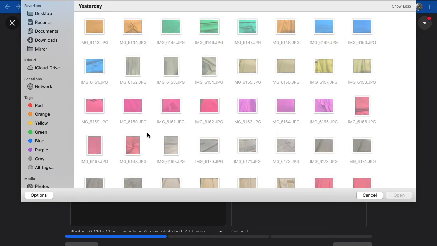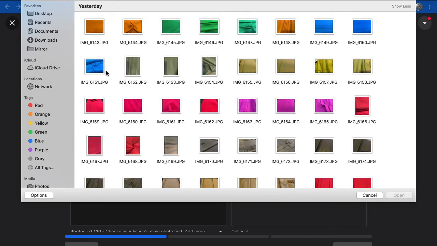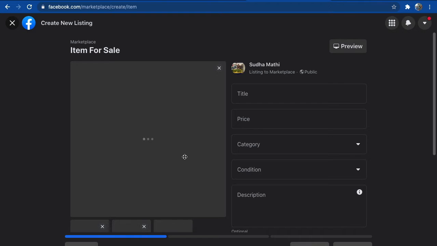Say I have some fabrics here, so I'm going to attach them. It's better to have multiple photos showing different angles, and if any details are required you can zoom in and take a photo of that. You can add every photo people need in order to buy a product.